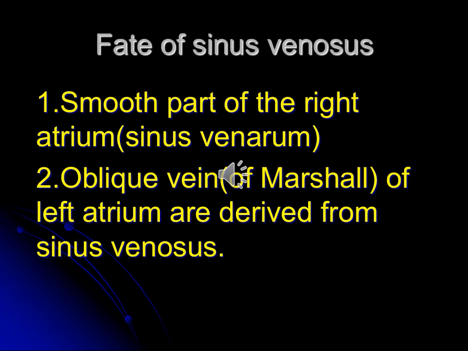Here, before we go into the details, let's recapitulate the gross anatomy of the heart. You might have opened the right atrium, where you have studied the crista terminalis, which is rough, and the posterior part of the right atrium is smooth and it's called sinus venarum. Similarly, in the right ventricle there is a rough part and a smooth part. Left ventricle also, even the left atrium.